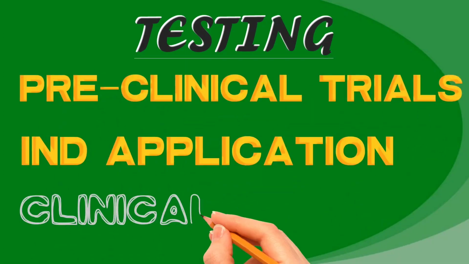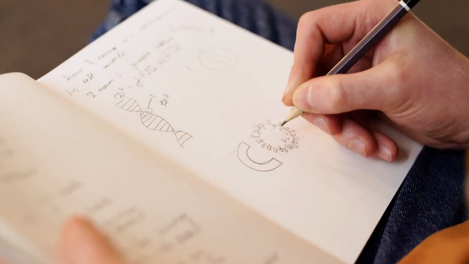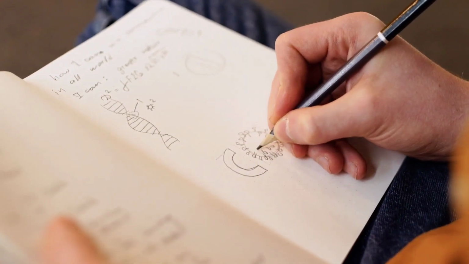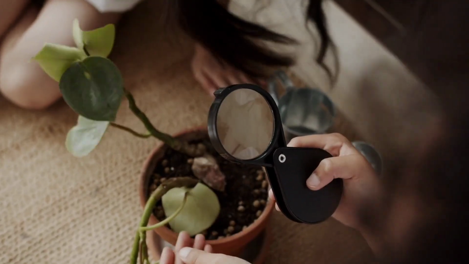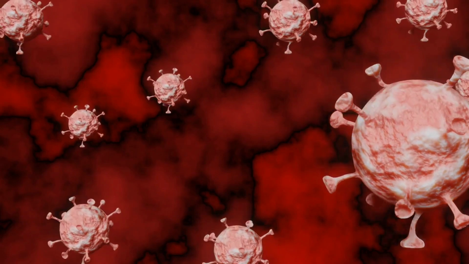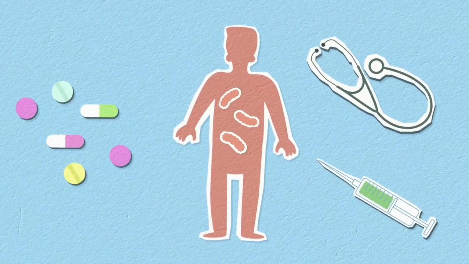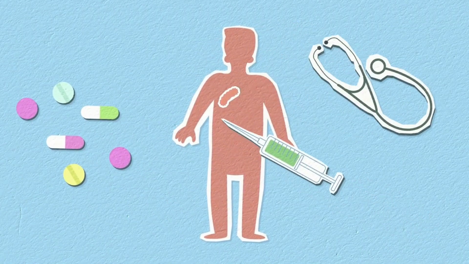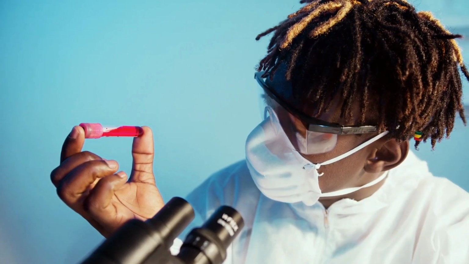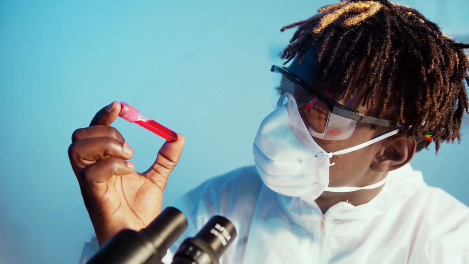The testing stage includes preclinical trials, the IND application, and clinical trials. Let's break these down one by one. In preclinical trials, which can take from 1 to 2 years, testing on plants and animals is done, and animal subjects may include mice and monkeys. The study generally looks at the immune response they get from the testing and the responses that might be expected from humans. This testing also suggests a safe starting dose for the next phase, but many candidate vaccines never progress beyond this stage because they fail to produce the desired immune response.